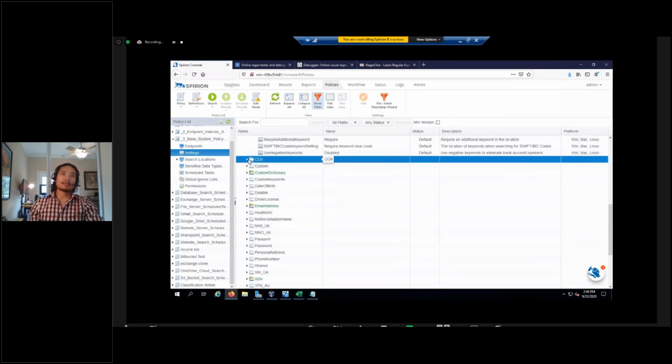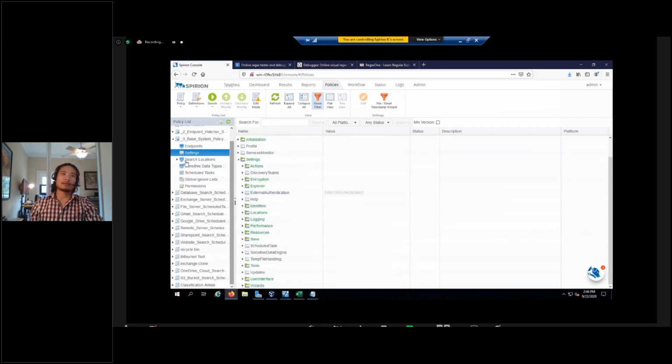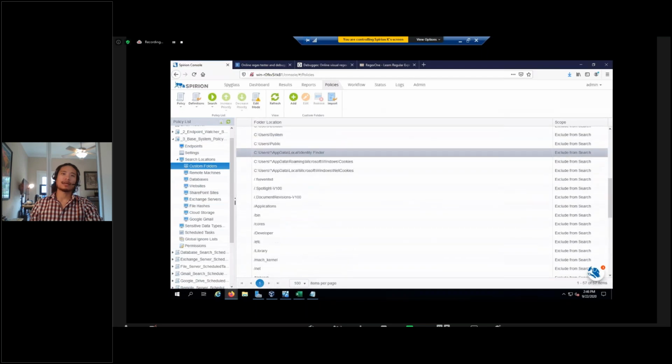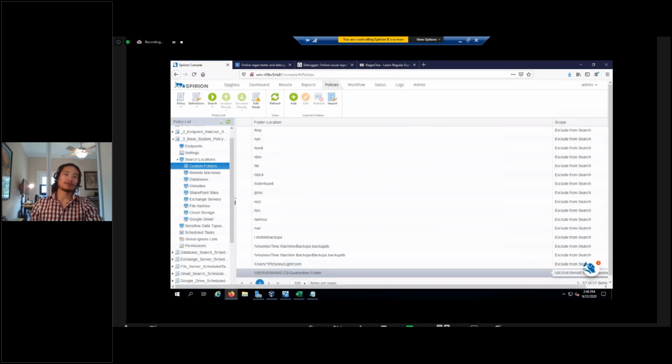And the last way that we talked about, or the 2 other ways that we talked about, were adding things to the global exclusion list that would live underneath your base system policy. So we can go to custom folders right here and add different paths that we don't think should be searched at all, like your quarantine folders, or if there's a place in your environment that it's okay for employees to store sensitive data because you've checked the access controls and your team feels it's secure, then of course add